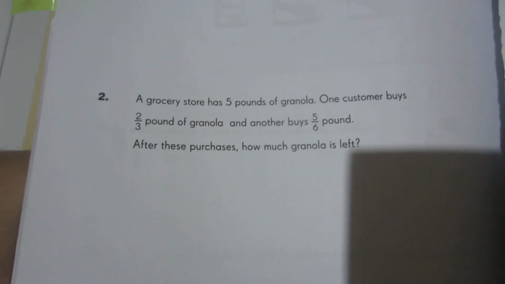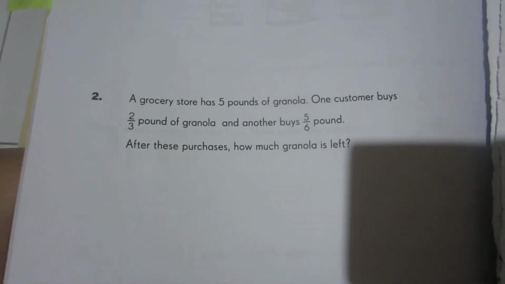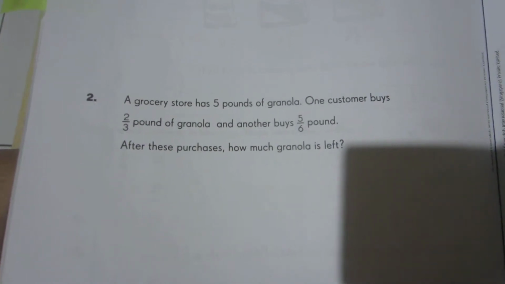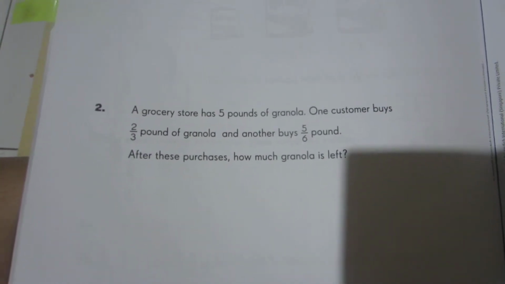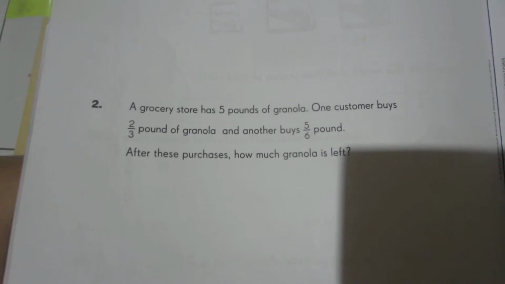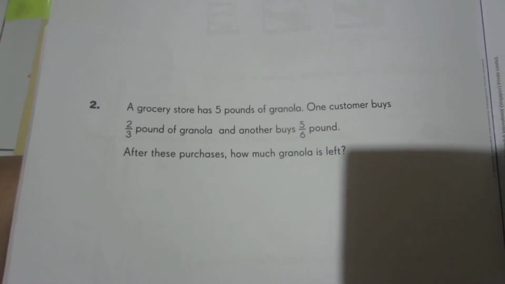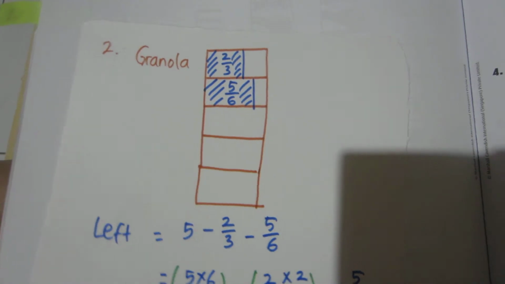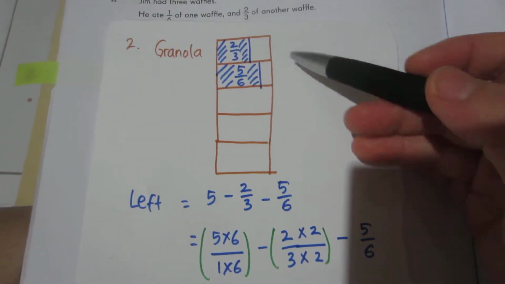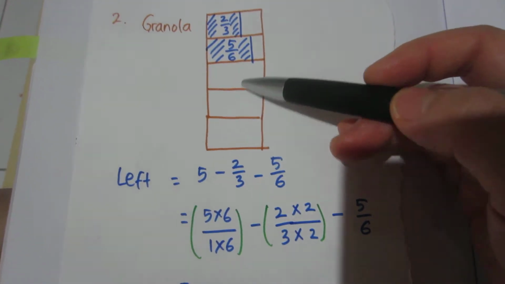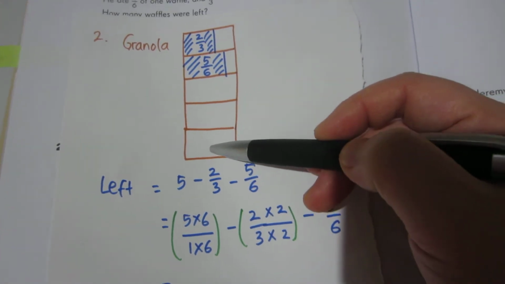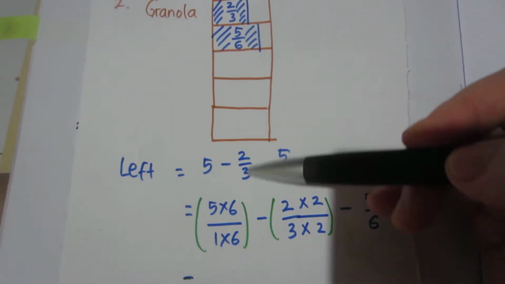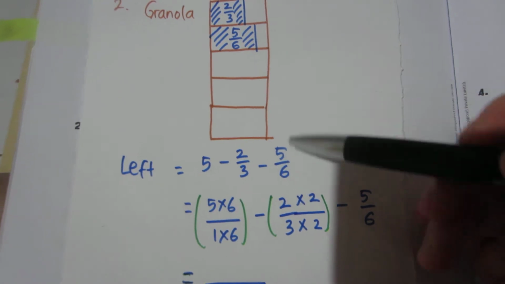Move to number 2. A grocery store has 5 pounds of granola. One customer buys 2/3 and then another buys 5/6. And then after this purchase, how much granola is left? So first, we have 5 (1, 2, 3, 4, 5), and already bought 2/3,